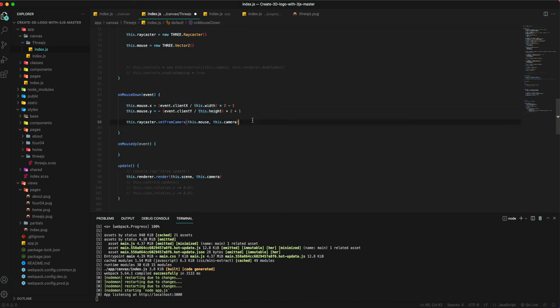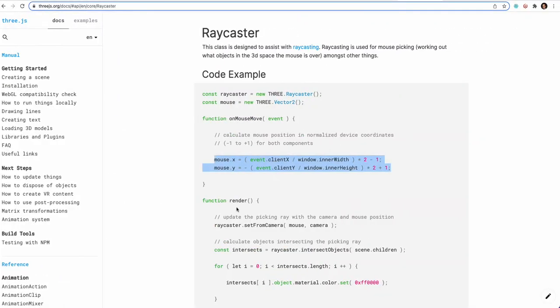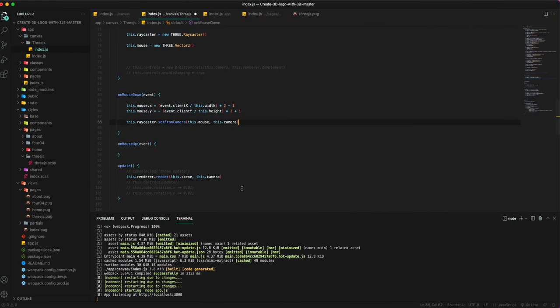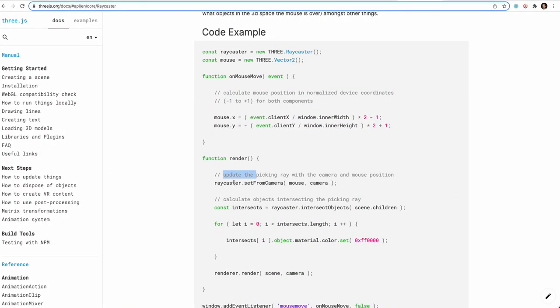And once you do that, next thing we need to do is the Raycaster set from camera. So that's basically update the pick and ray with the camera and mouse position. So as we move the mouse in our scene, it will update the raycasting for that. The next thing we're gonna do, we're gonna see if our mouse click intersects